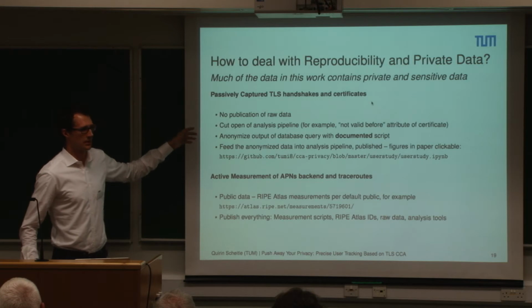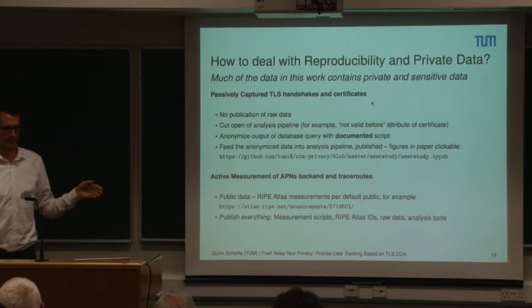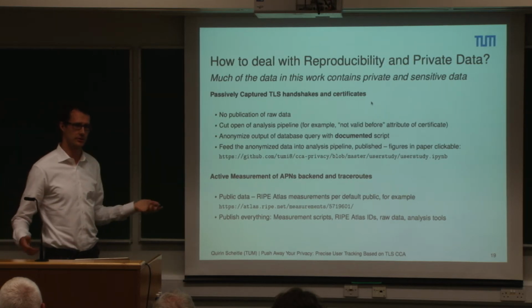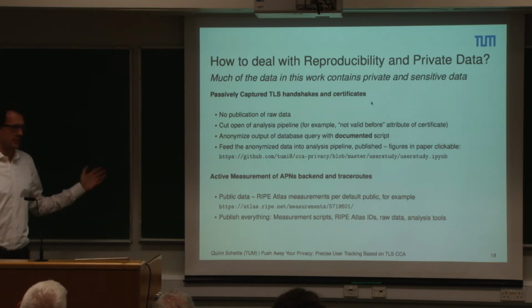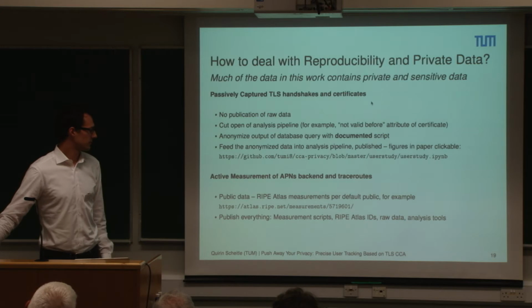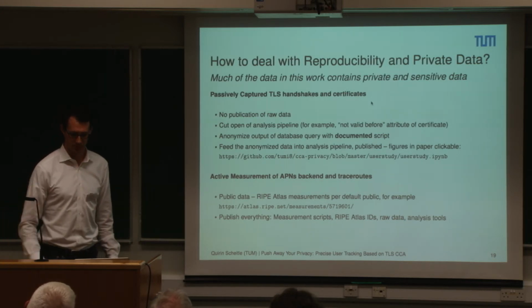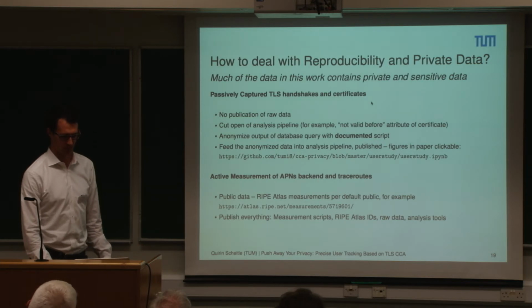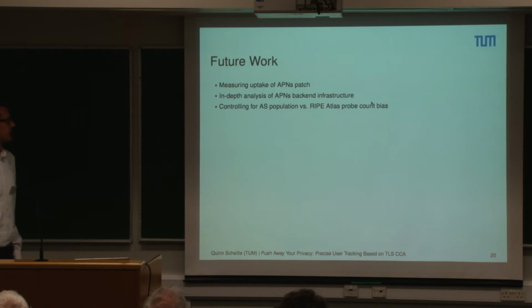except it's anonymous. So for example, for that run-up of dates, I just put it on day scale, so it will be a bit more edgy, but it will look the same. For the active measurement, that's easy. It's on RIPE Atlas. Everything is public on RIPE Atlas. We give you the measurement IDs, the script, the code. You can rerun the full thing and also use the lab from the school as an example of how to run through it.